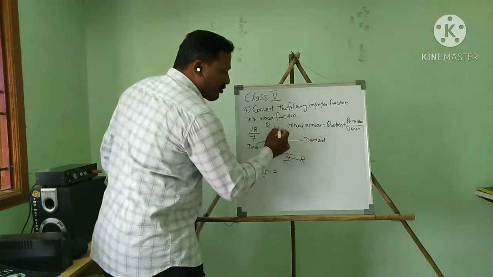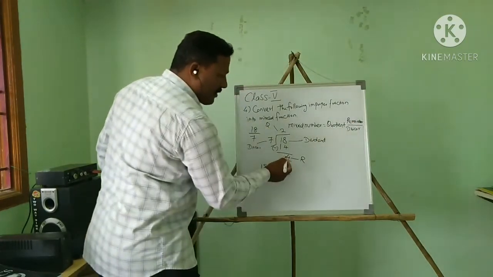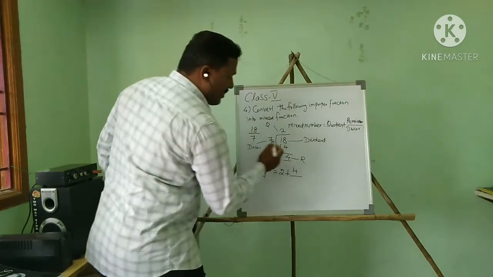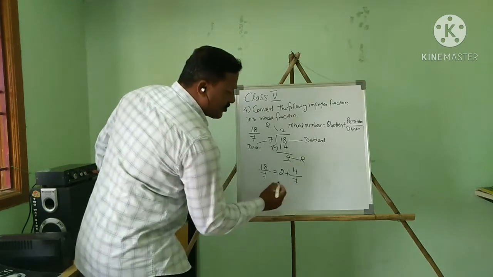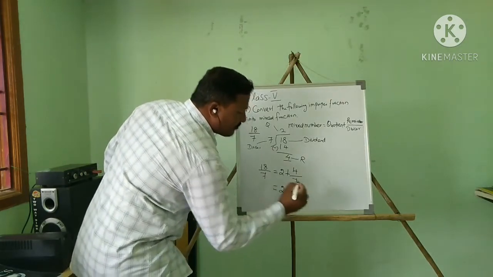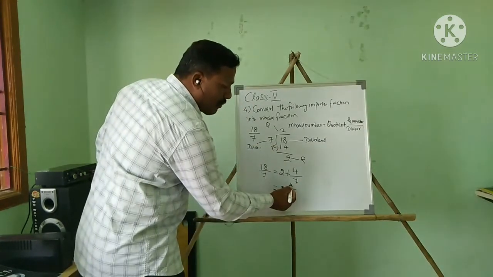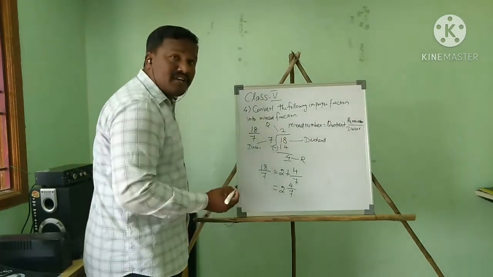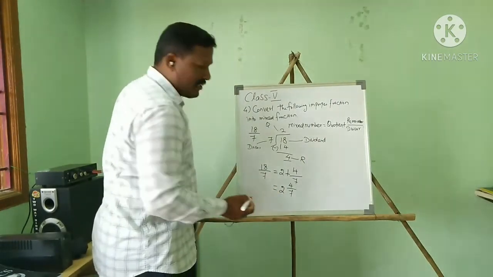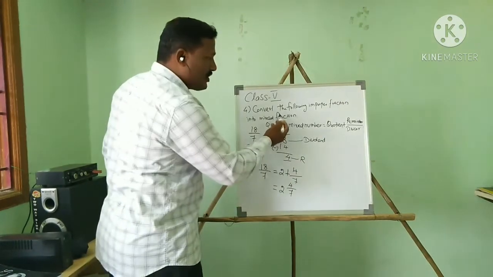This is the quotient, so 2, plus remainder 4, so 4 divided by divisor. 7 is the divisor. So now we have to write 2 4 upon 7. This is the answer. See, 2 and 4 by 7. 2 is the natural number, 4 by 7 is the fraction. So this kind of fraction is what we call a mixed fraction. So this is the question.